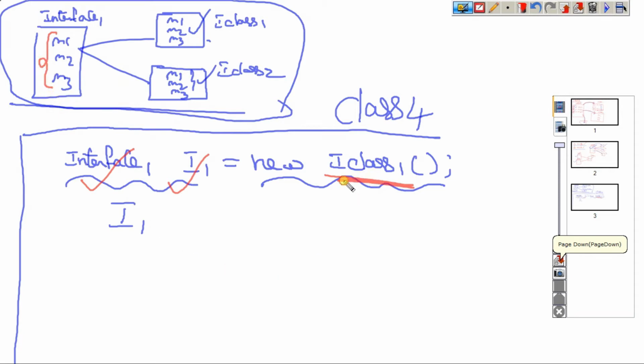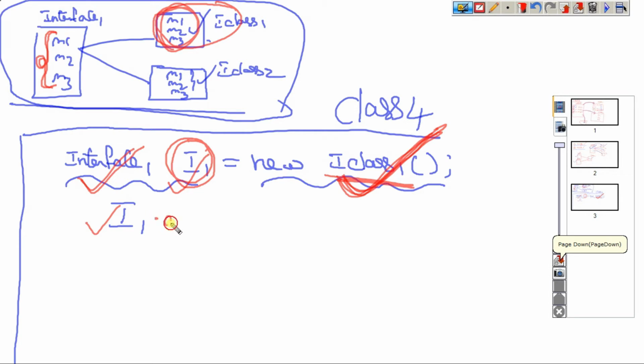All the methods from this class will be available. That is the capability of this reference. Once again I'm repeating: whichever interface you create the reference from, that reference has the capability to access these interface methods. Whichever class you are using to create the object reference, inside that class you can access only those methods.